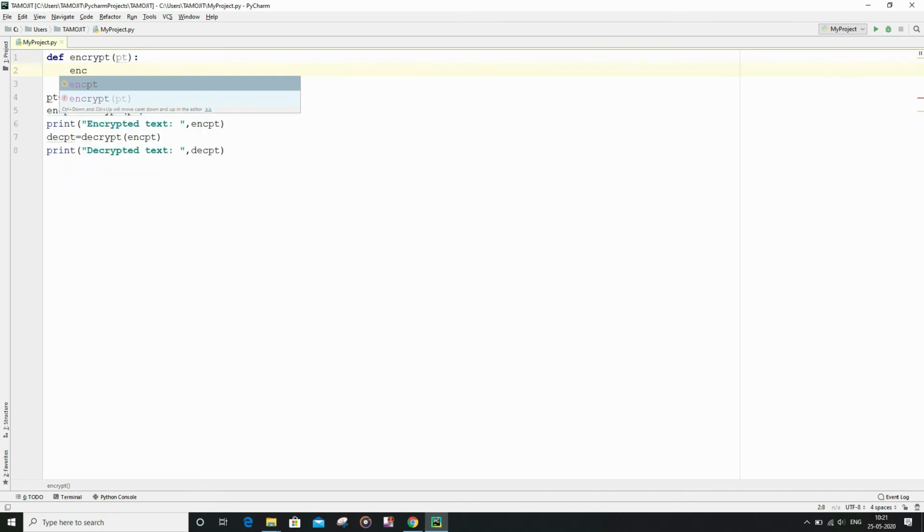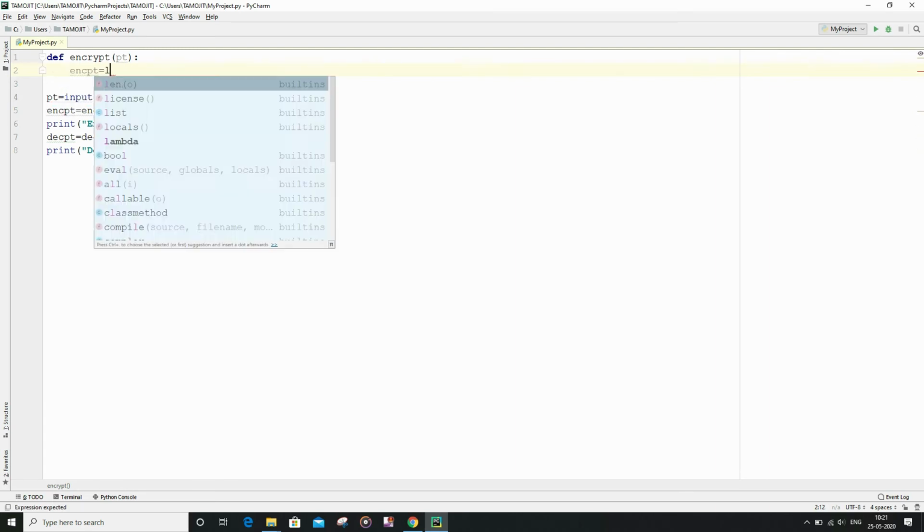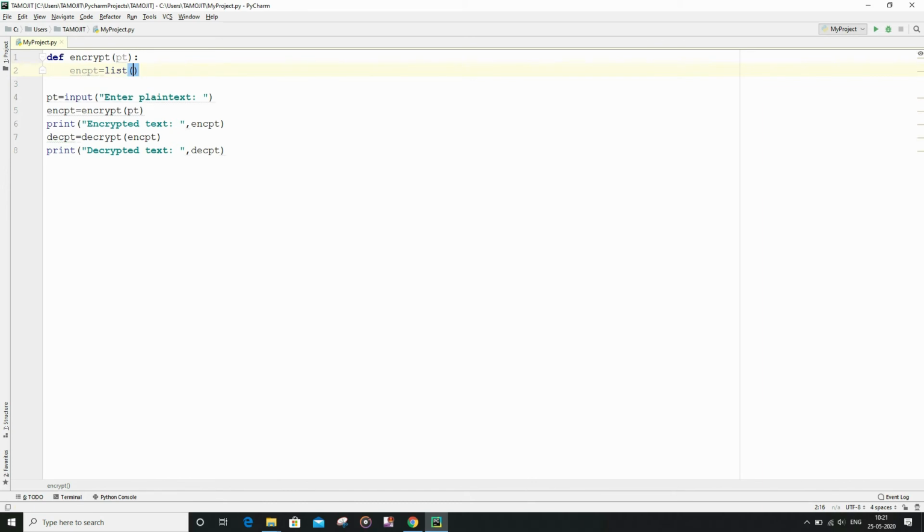It is basically the formal parameter, and now I am going to write encrypt equal to list of plain text. So I am converting each of the characters present in the plain text string variable into a list where all the characters will be displayed individually in the list of characters.